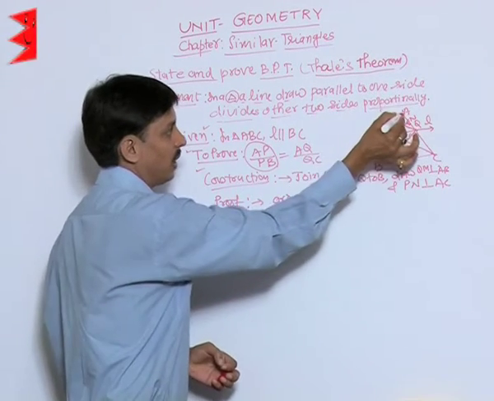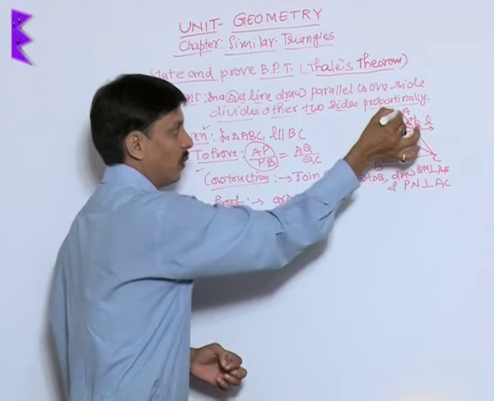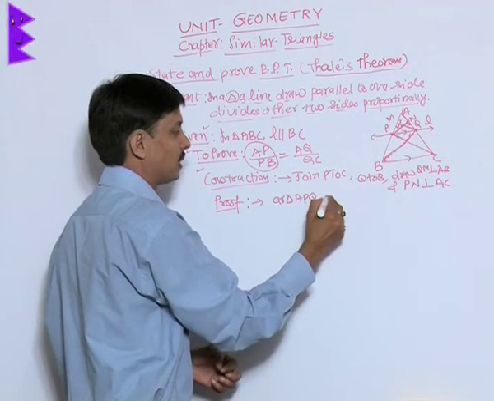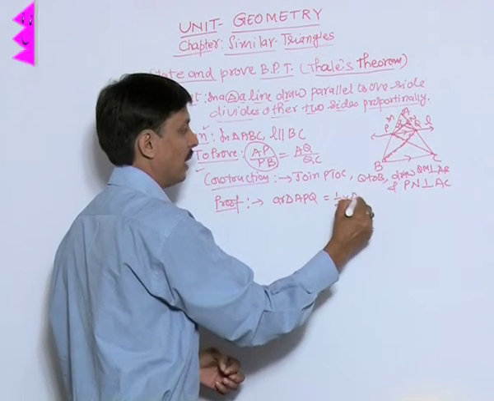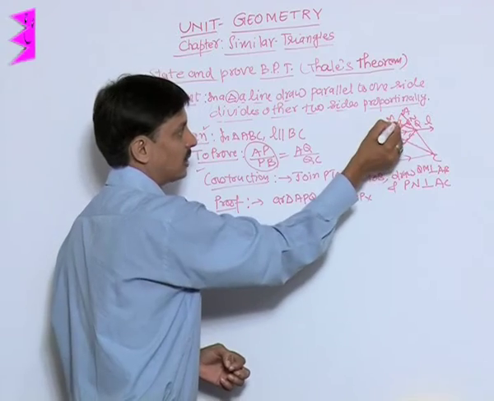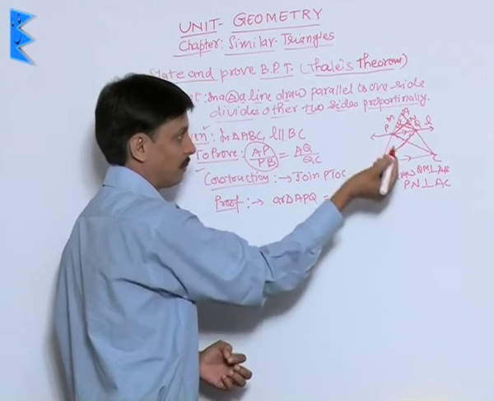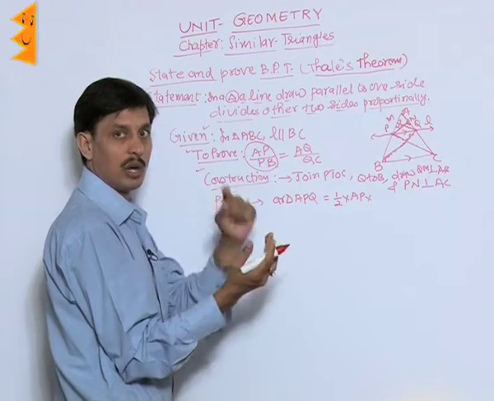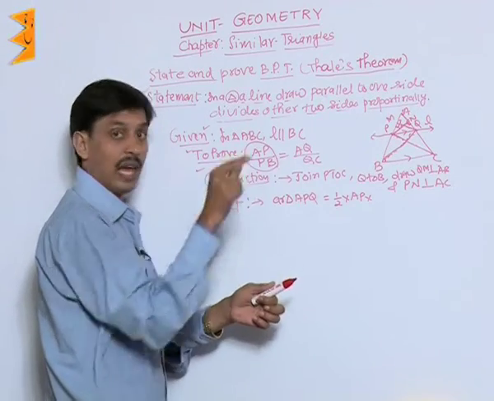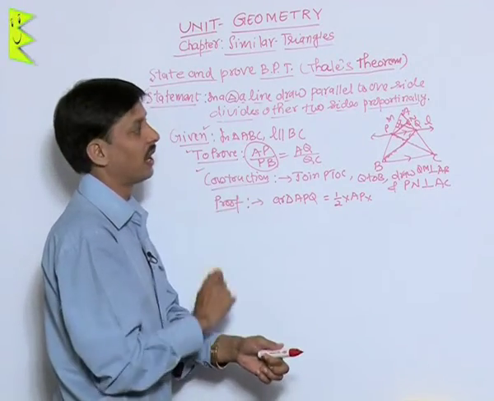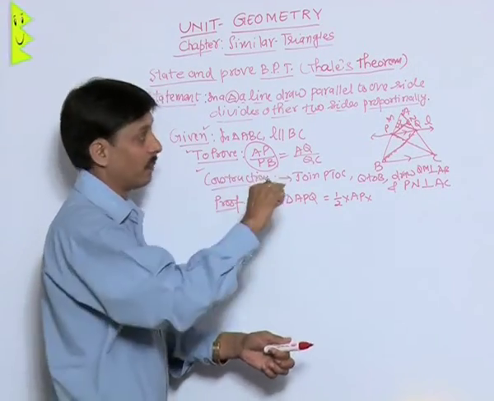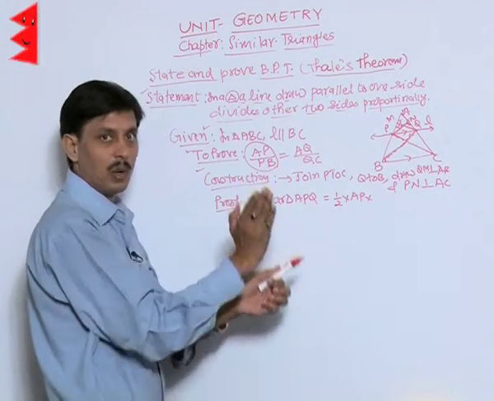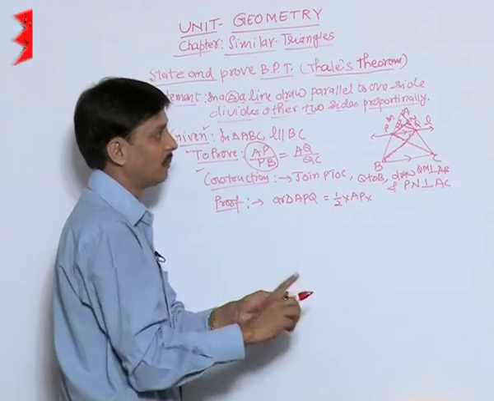For finding the area of triangle APQ, we can take AP as the base, half base is AP, and its height is from the opposite vertex. We always know that if you want to find the area, any of the sides of a triangle can be taken as base, but in that case the perpendicular has to be taken from the opposite vertex.